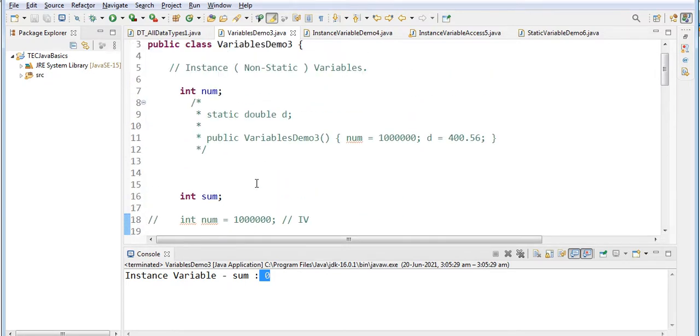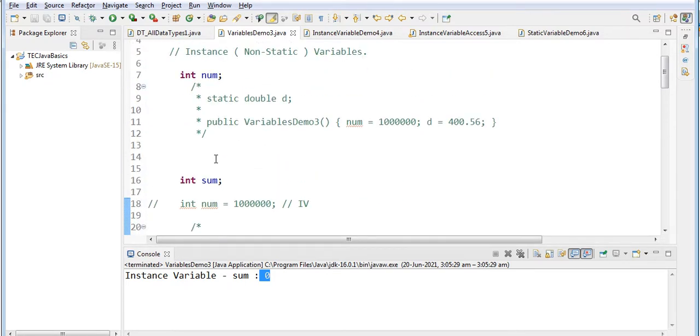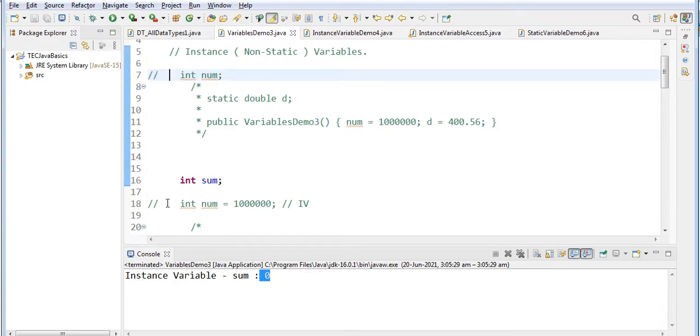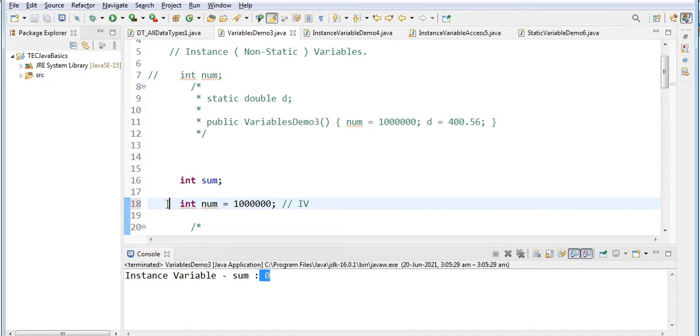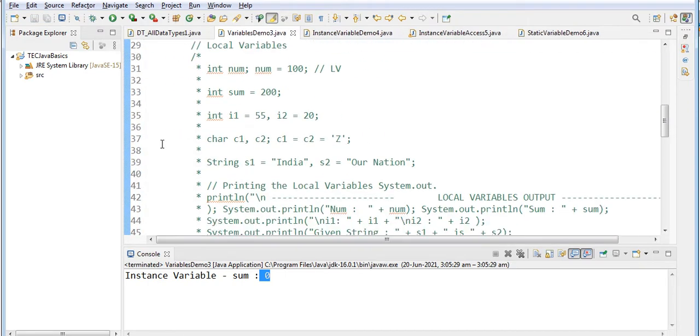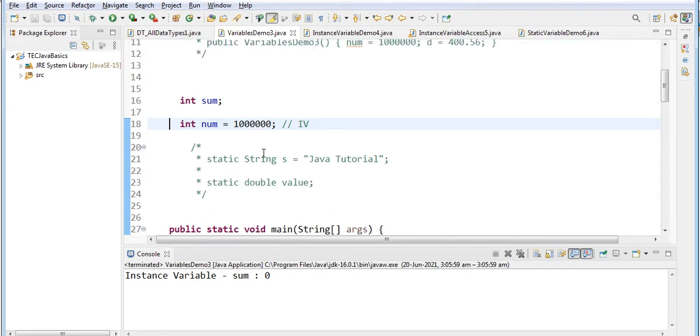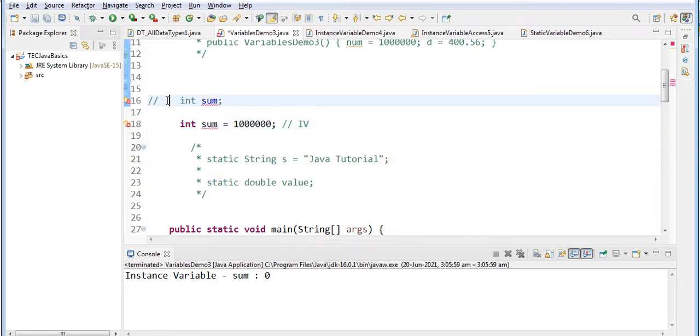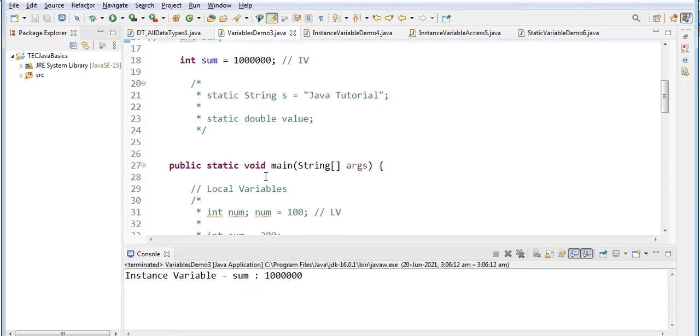And if suppose you initialize like this, now let us see what the value is. See, it is giving the value.